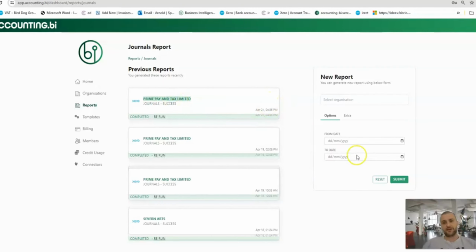I've called this previously. I didn't bother selecting a date range to try and filter the data coming out of Accounting.BI. I've literally called every single item of data going back to, I think I started using the organization around 2016. So there's a good 7-8 years worth of data in there. So not a particularly large company, but there's a good volume of data which would normally crash your Excel